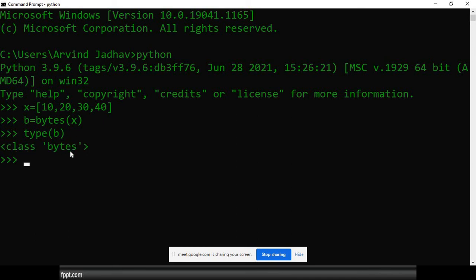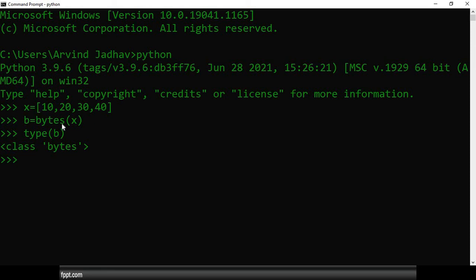It looks like an array. We all know the concept of an array, which stores the elements using indexing. Whenever we store that information, we just store it into a variable. We use a square bracket open and square bracket close, and in that we put the elements, and each element is separated by a comma. Once we store that information into the x variable, the variable name can be different. After that we will convert this